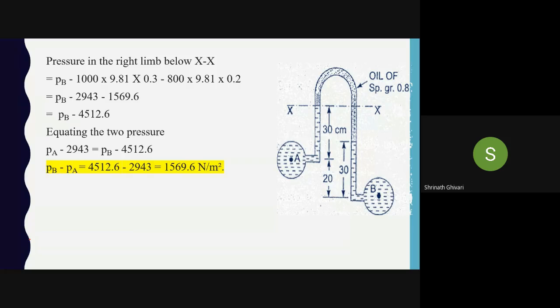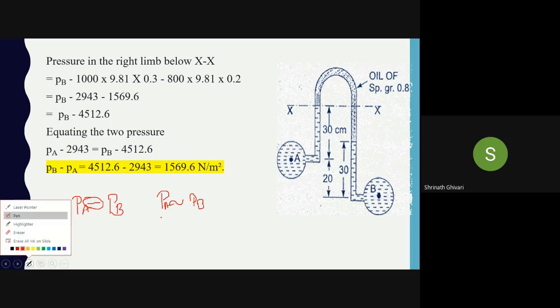I have found out PB minus PA. See, it is inverted. What happens is, you might have heard this, no? This is called subtraction, the minus sign. This is called a difference, the difference between PA and PB. It says difference, it is not saying to subtract. It is showing the difference. It may be PA minus PB or PB minus PA.